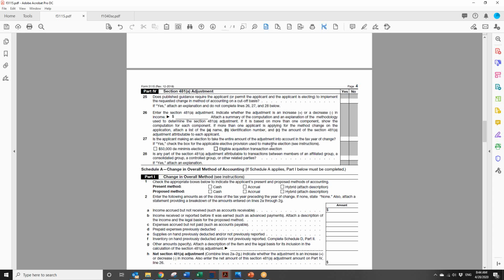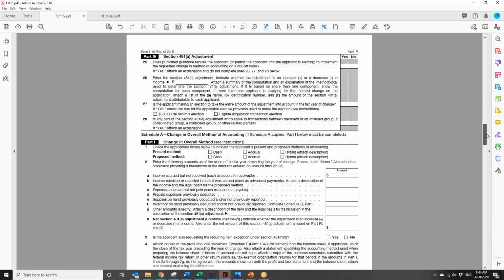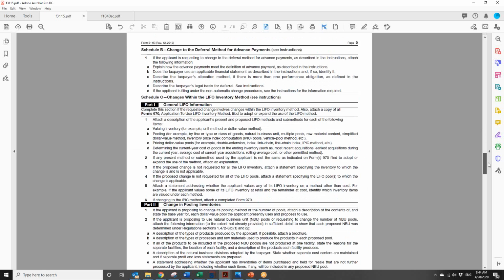Eligible acquisition transaction election. So if you are purchasing this property or disposing of it, there's a way that you can actually take that immediately as a part of that. Generally speaking, you're not going to do that. You're going to want to take this over 4 years. I've never seen a situation where it made more sense to take it immediately. Now, the expense you take immediately, the IRS doesn't want to be dealing with expenses over the next 4 years. Okay. And then overall change of method